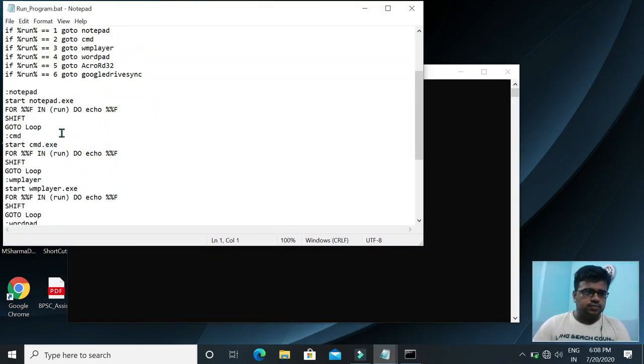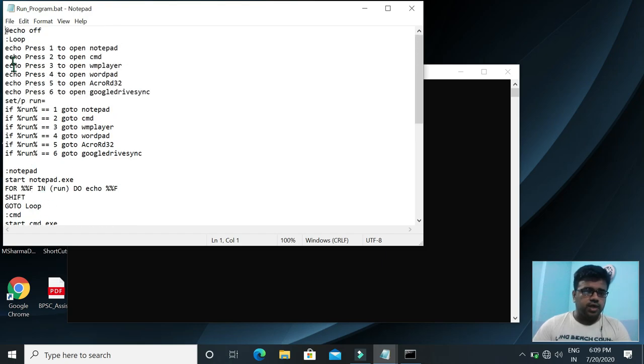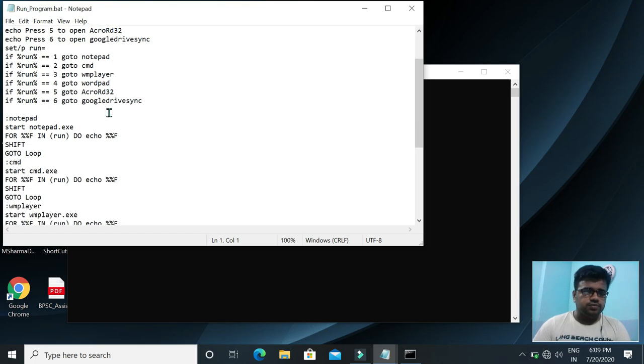You can see for percentage f in run do echo percentage f, that means it will again show all the numbers. Go to loop, it will go to loop and show all the echo statements.